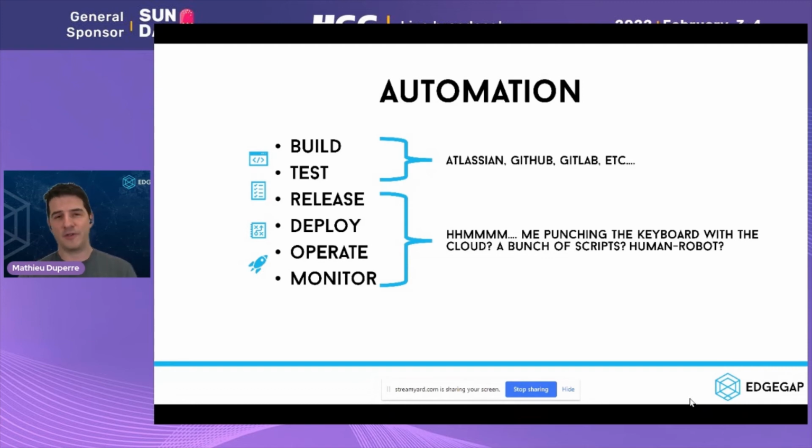Now, I'm sure that all of you probably have some source code management software, GitHub, GitLab, Bitbucket, and you use the Atlassian suite or something like that to build your game, to track what's going on, to work with your colleagues and merge the different branches and get a functioning application, a functioning game. Where it gets sidetracked is most likely after release, when it comes time to put it in the players' hands, operate it, understand it, and get that feedback.